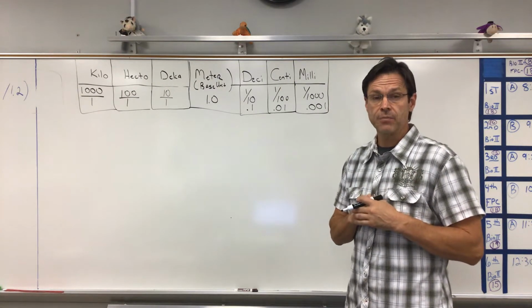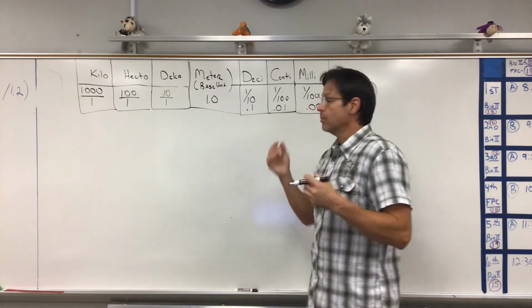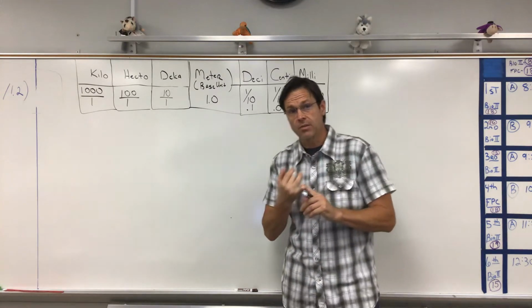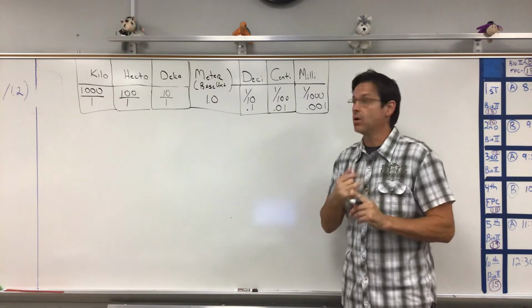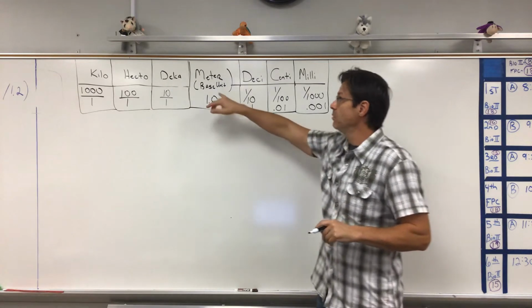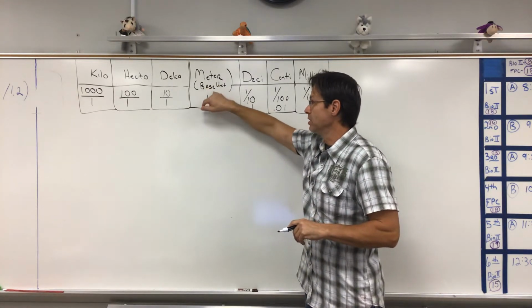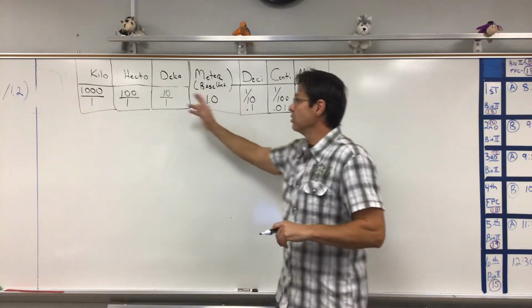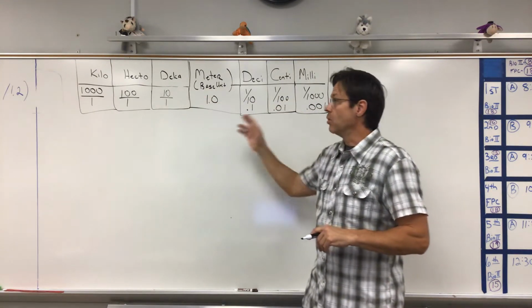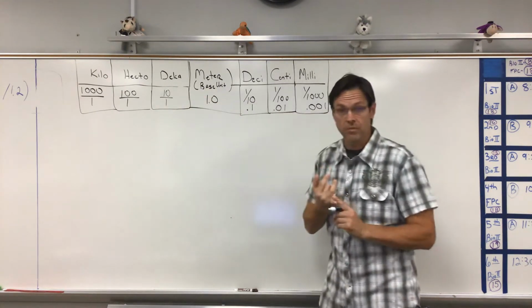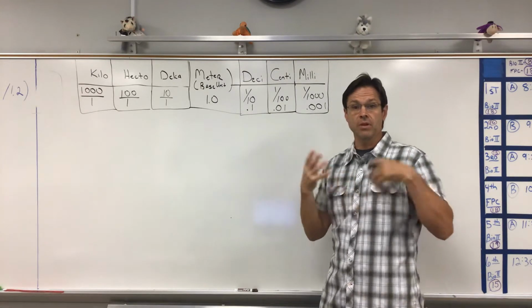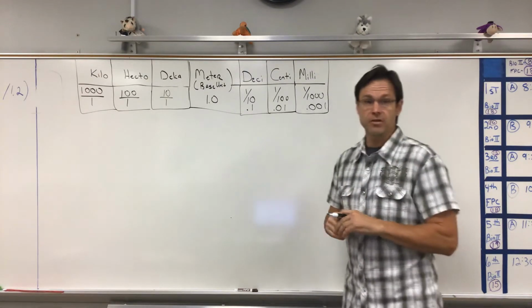Okay? So one of the things we're going to practice is the way you do it when it's always just going in the metric system. Hopefully you recognize the meter as the base unit, 1 unit, and as you go to the left or to the right, you go up in base tens. The metric system works on base tens. This should be all review, but I want to make sure that we're all on the same page